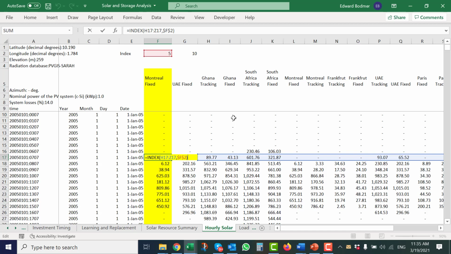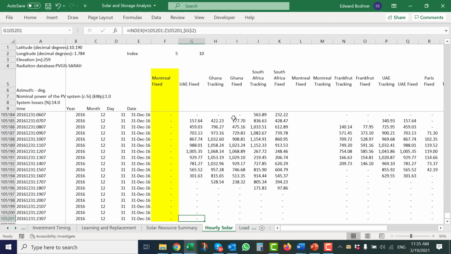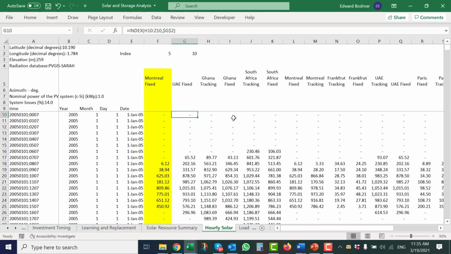Then I just pick the Montreal out of all this hour by hour data. If you look there, we've got 105,000 lines in this. That's why this thing is big. To put it on the website, I had to take the macros out, which was upsetting. So we've got our hour by hour sunlight that hits the plane, that hits the solar panel.